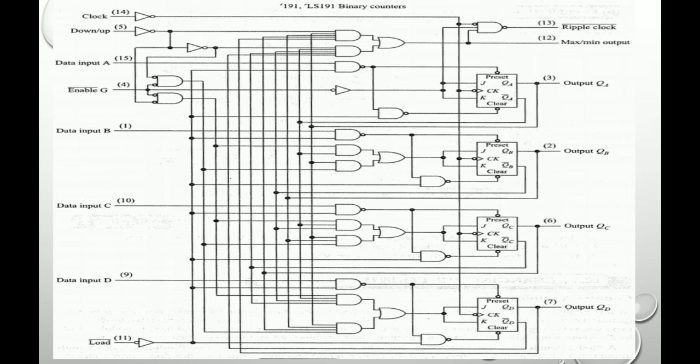And here is the diagram of the LS191 binary counter, and I will explain it. Here we can see the 4 sequences. Number 1, load to binary 13. Number 2, count up to 14, 15, 0, 1 and 2. Number 3, inhibit. And number 4, count down to 1, 0, 15, 14 and 13.